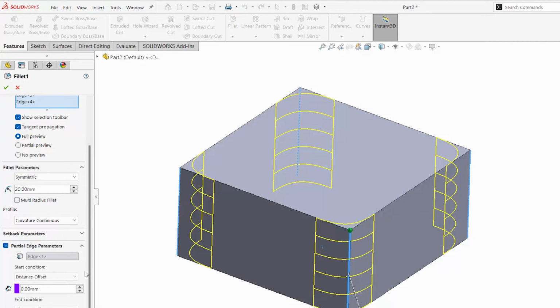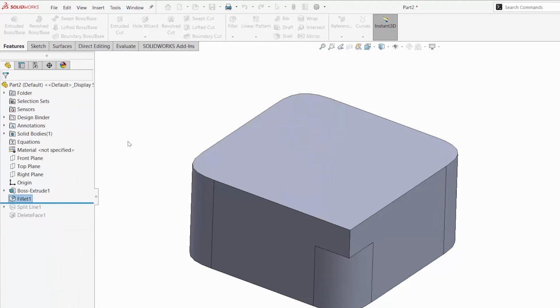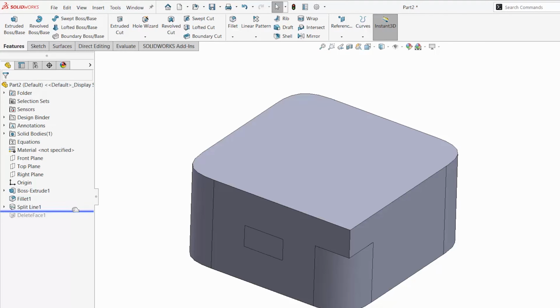If you need something a bit smoother, you can do things like setbacks or partial edges, where you can simply just drag up and down, and that will partially fillet the area. This is something that would take multiple steps to do manually, but the fillet feature allows us to build that intelligence into the feature level for different elements of our part's design. Something that could be handy.